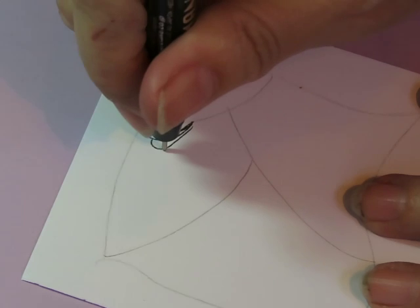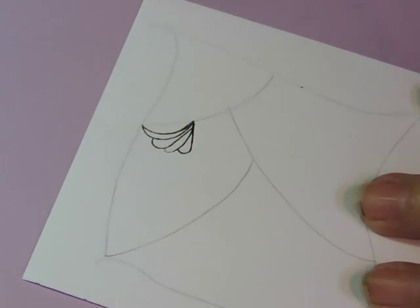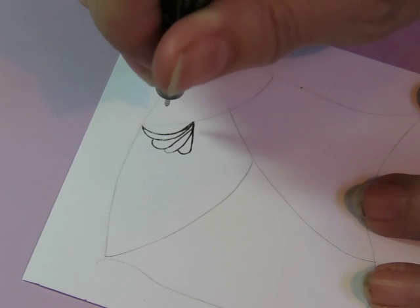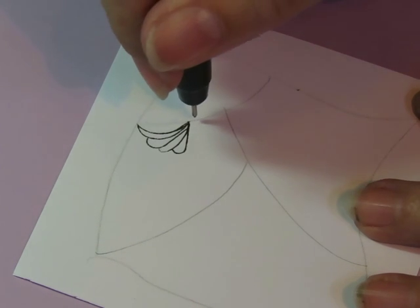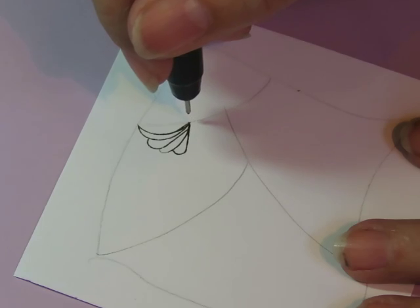1, 2, and 3. Yeah, it's a little dried up. Oh, but you can see much better. My hand's not in the way. Oh, this might be better for you guys. Okay, I will do this, and then